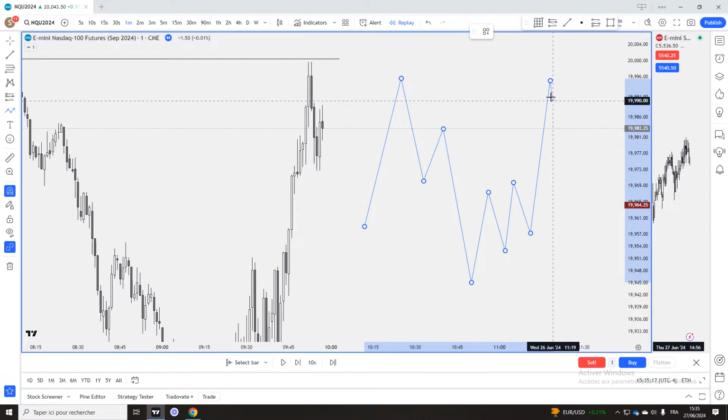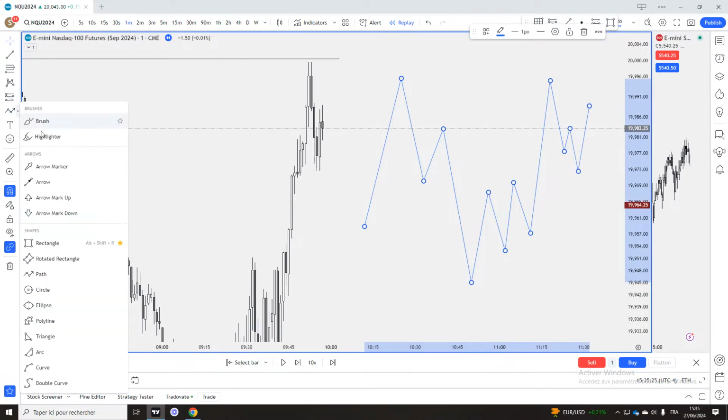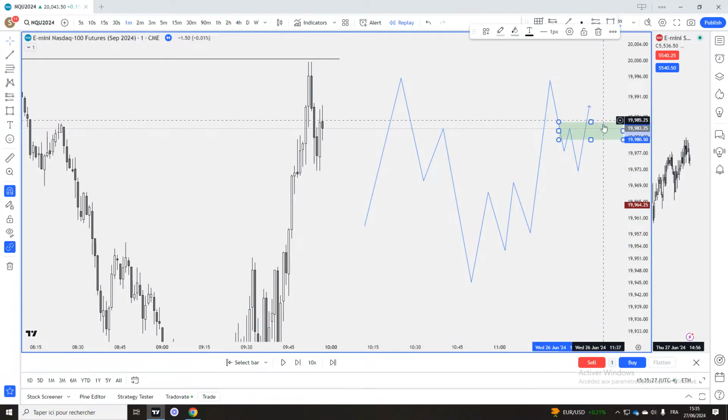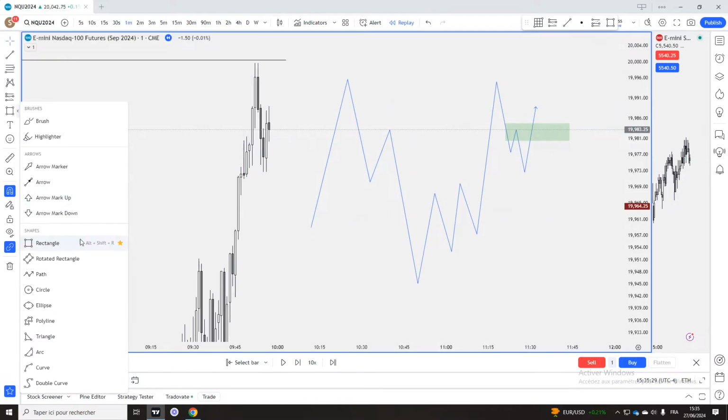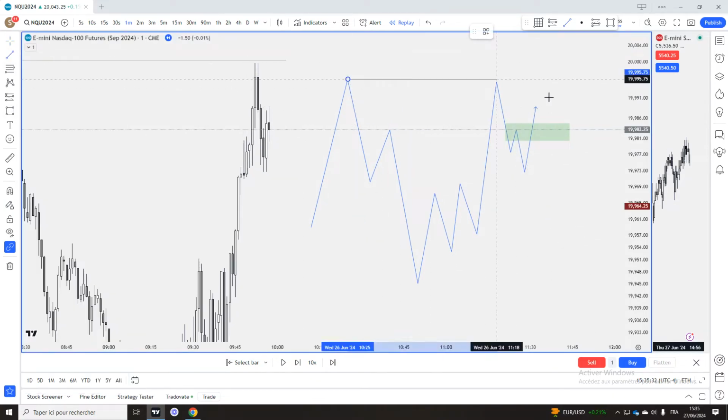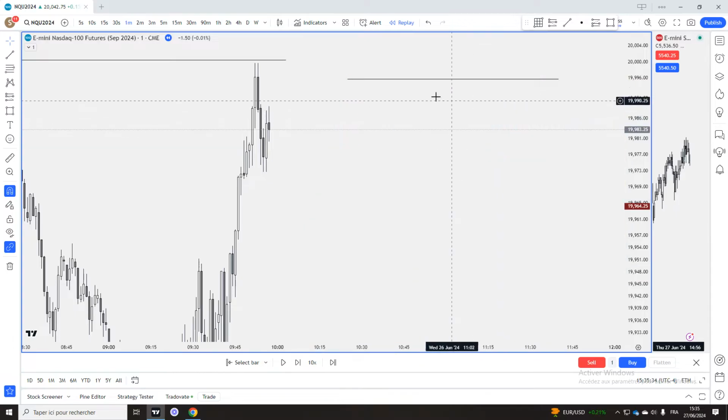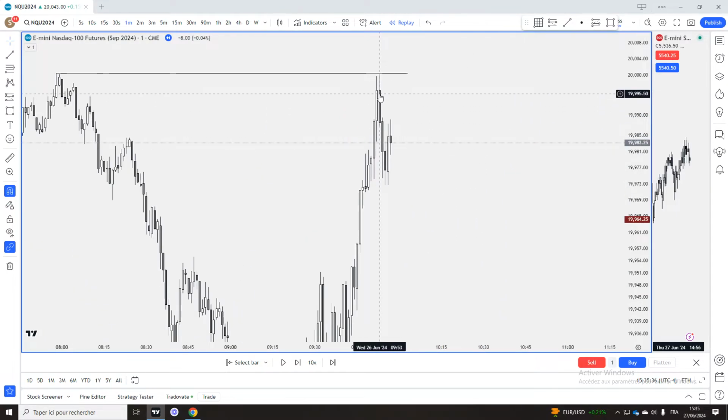You don't want to enter too quick, but you want to wait for that retracement to those bullish fair value gaps, wait for them to hold, and once you inverse this gap here, this is when you will try to enter longs towards those equal highs. Okay, this is basically how you should play it, and this is how I played that during that day on